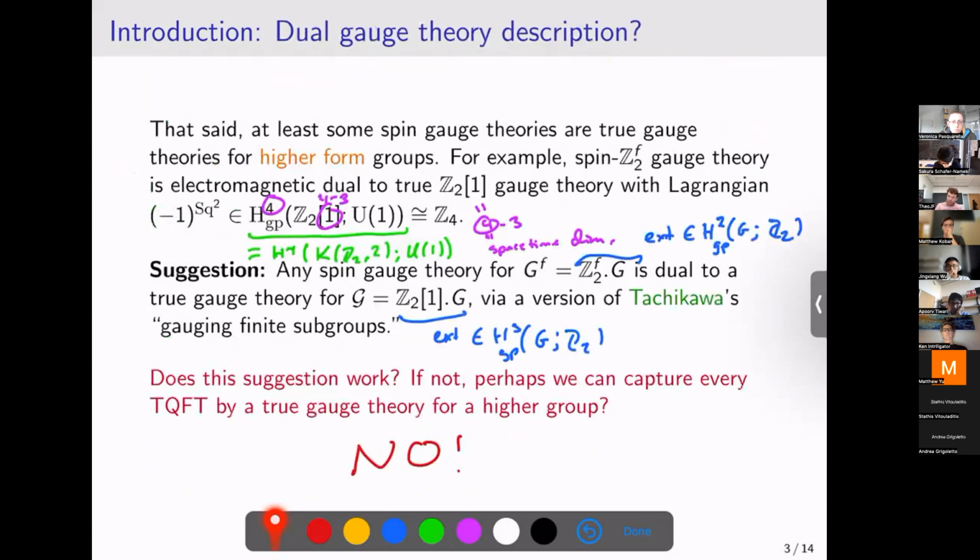The Tachikawa and Barboj-Tachikawa technology works particularly well when you have a normal subgroup. If you try to play their games for subgroups that aren't normal, your choice of subgroup breaks some symmetries in your theory, and so it's less good a game to play. For these normal subgroups, it works very well. And I'm going to use that same notation for